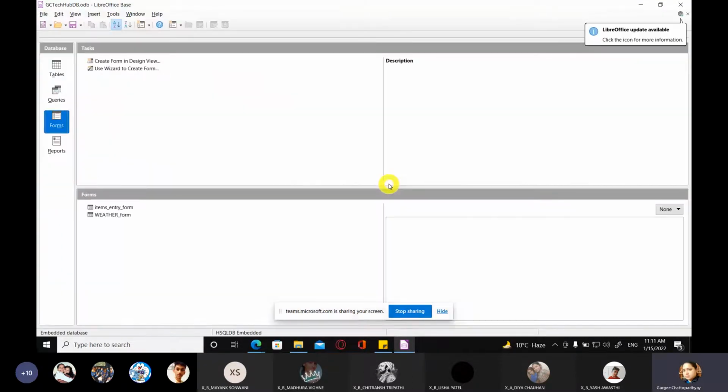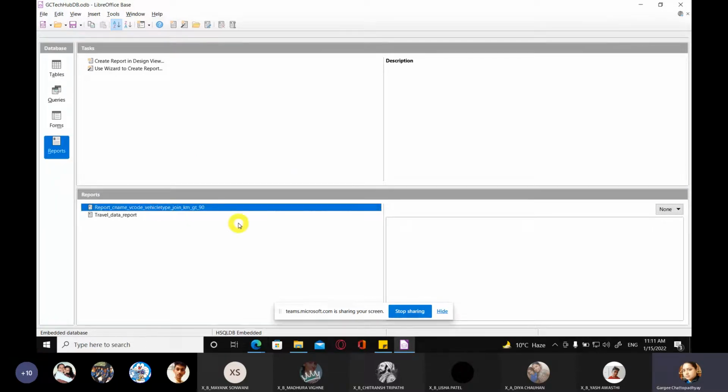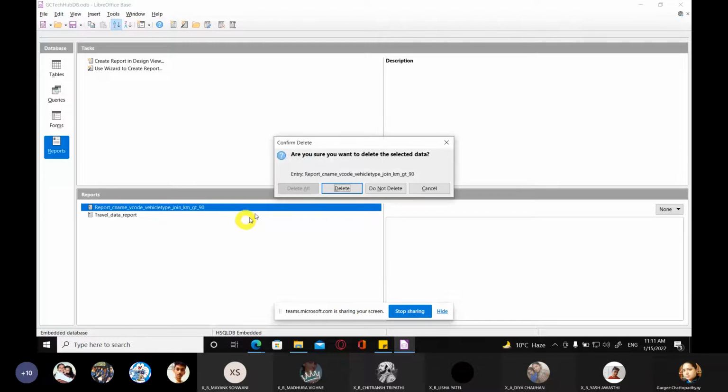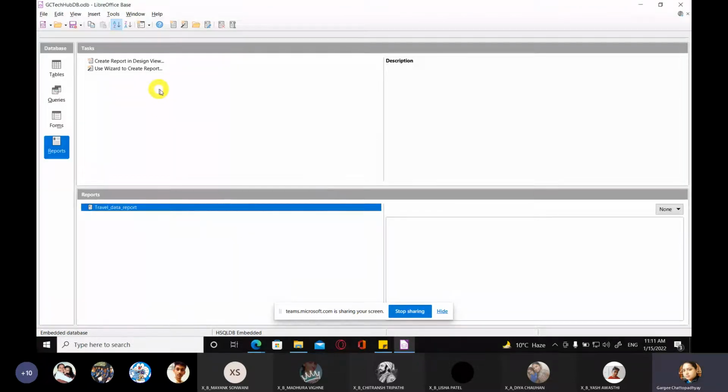It takes some time to open the software, and it opens the same database over here. So I'm going to the report section over here, right? And this report I'm going to delete, and I'm going to create that report once again.